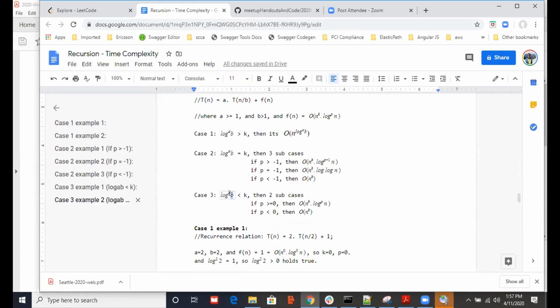And if this is less than k, then we have 2 cases. One is p greater than 0, and in that case whatever we have in f of n will be the time complexity. If it is less than 0, we will ignore this log and just take n to the power of k. So let's take an example of case 1 where I'm saying log a to the base